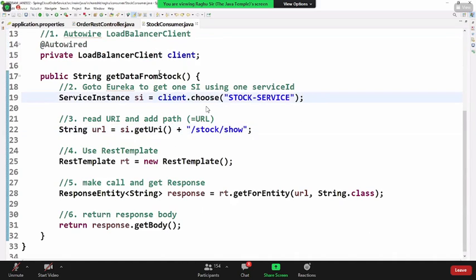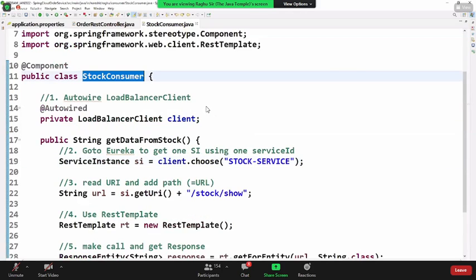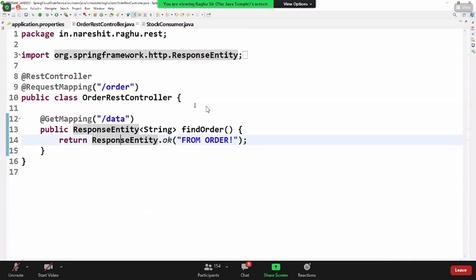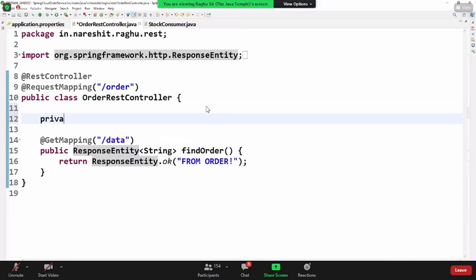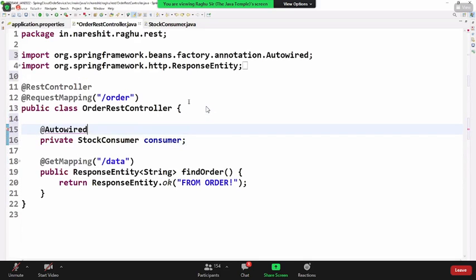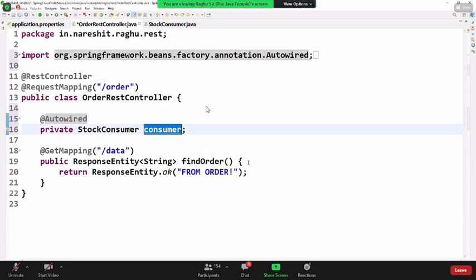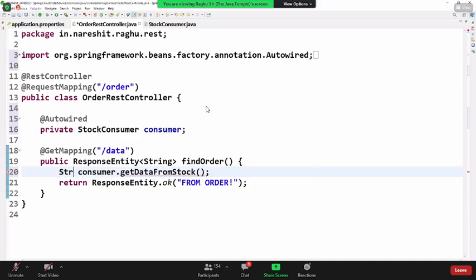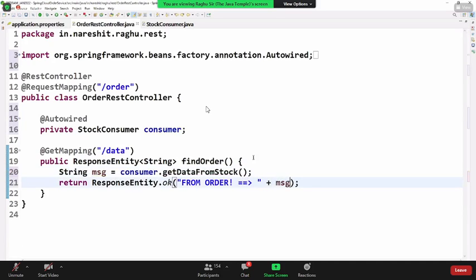Okay. Now finally, we have to create the relation between these two. Consumer linked with the order rest controller. In the order rest controller, private, it's a consumer. There I'm writing it's autowired, just to call the consumer method. Just add this message.